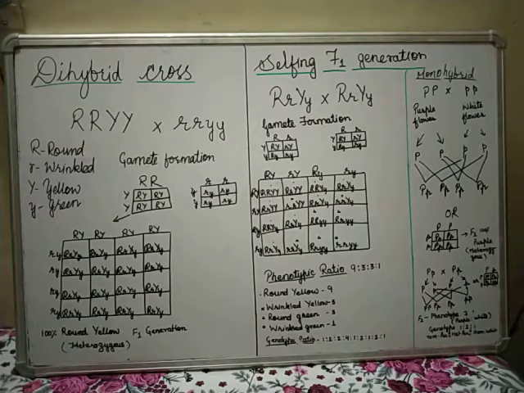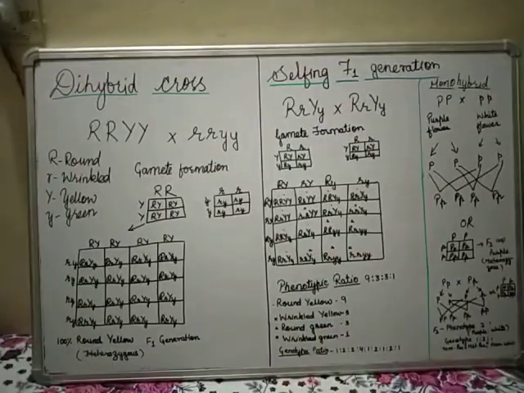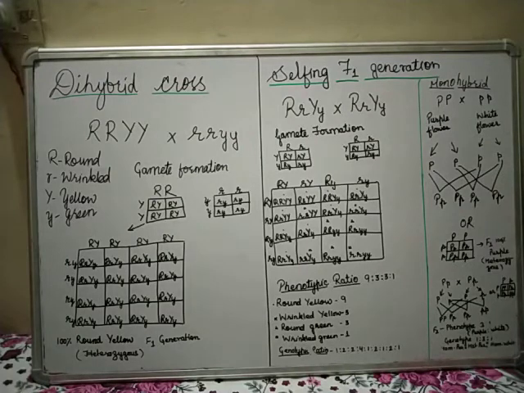Now the law of dominance can be proved from this cross. To verify where these characters were lost, Mendel further self-pollinated the F1 progenies. He took the F1 progenies and self-pollinated them. Now again we'll use the gamete formation process. This time we'll get separate gametes, but on either side we have the same parent, so the gametes formed will be the same on both sides.